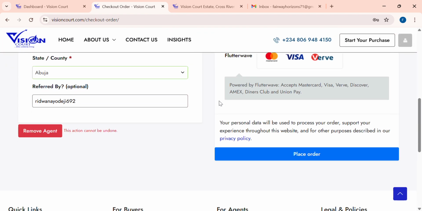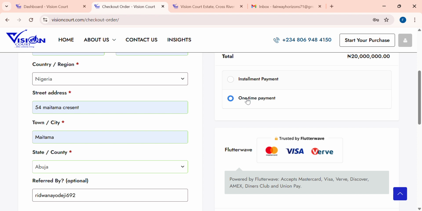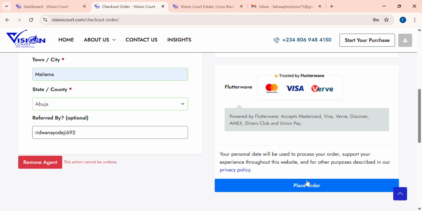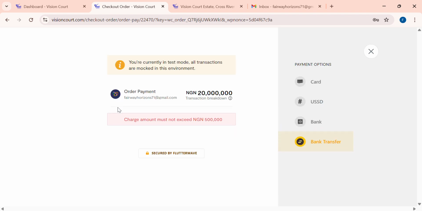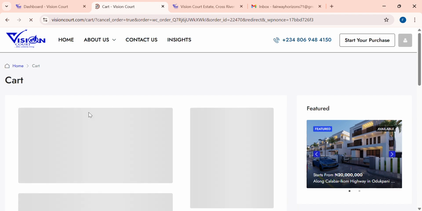So currently I'm using Flutterwave in test mode, and each purchase must not exceed 500,000. Currently this purchase has exceeded 500,000, which is 20 million. It won't work. Let me show you. This is the payment modal. So the charge amount must not exceed 500,000. So I have to cancel this, and for video purposes I will change